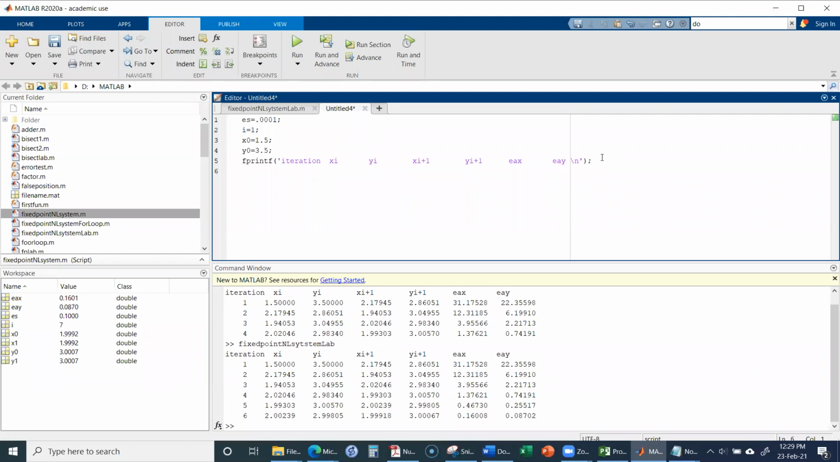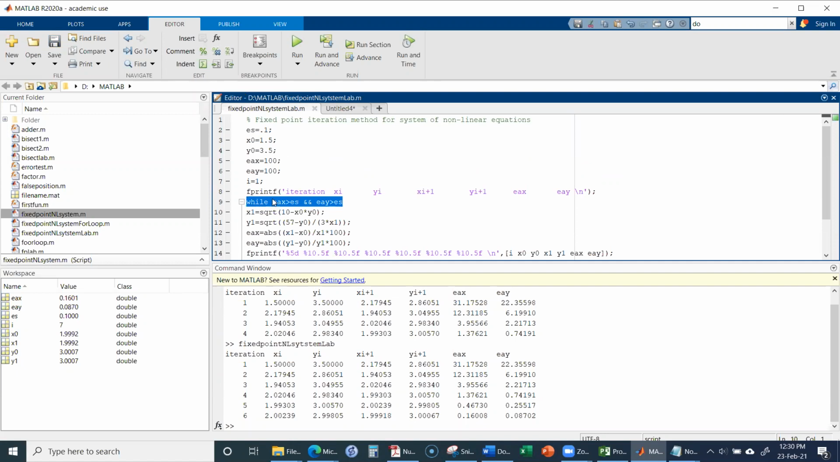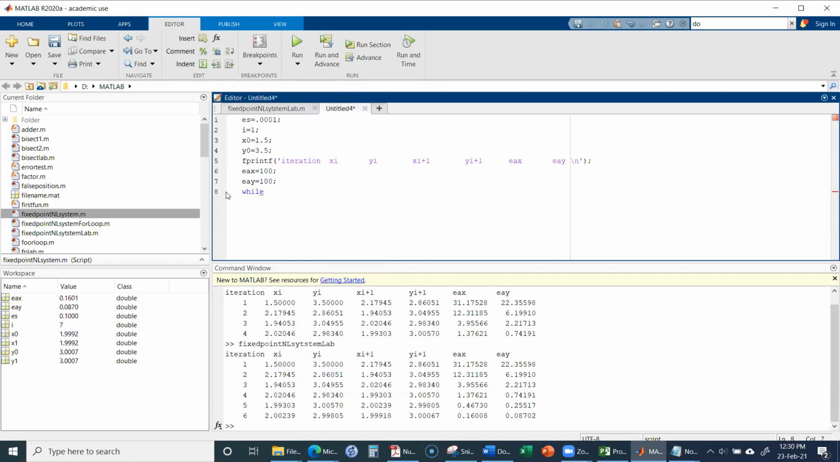The next is initial values of EAX is equal to 100. This you can choose arbitrarily, because for EAX and EAY we need these values to start the while loop. Otherwise, if we do not define these values of EAX and EAY, then the while loop cannot start. So I can start the while same as before: while EAX is greater than ES, EAY is greater than ES, then